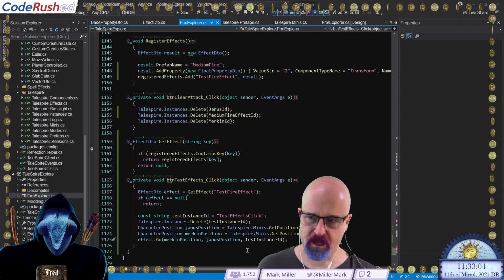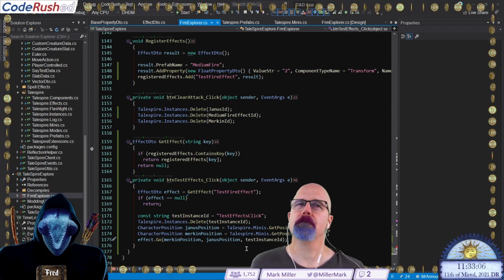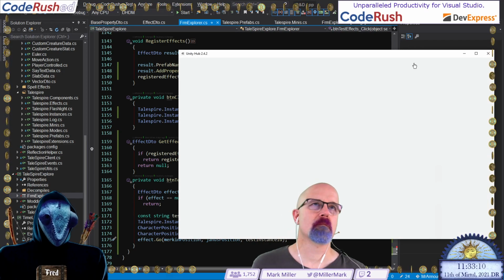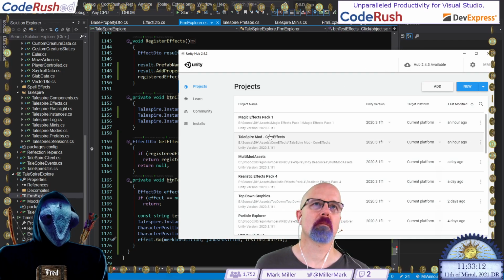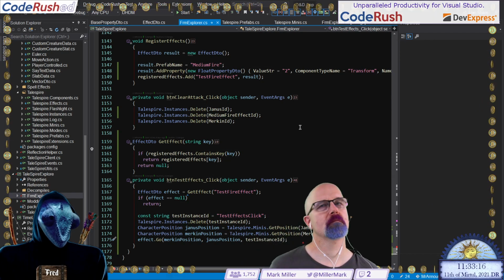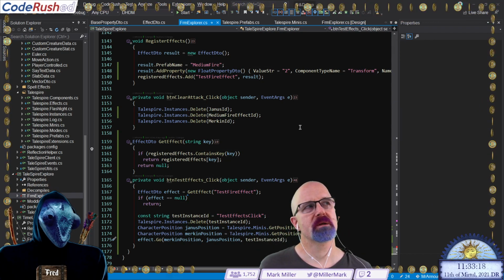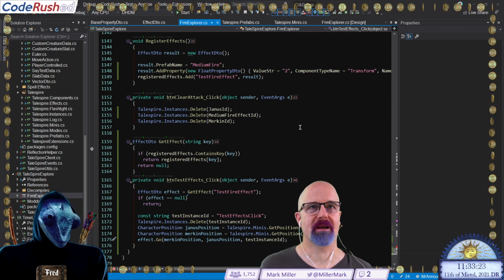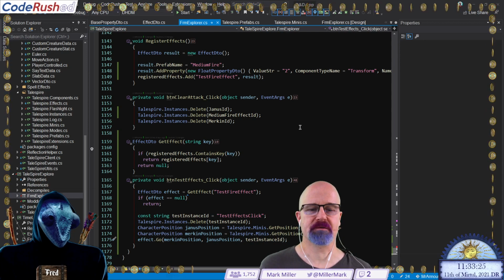Let's start up Unity. Because it's a particle system, I'm not sure changing its scale will actually have an impact. I may want to choose a different prefab to do the test with.